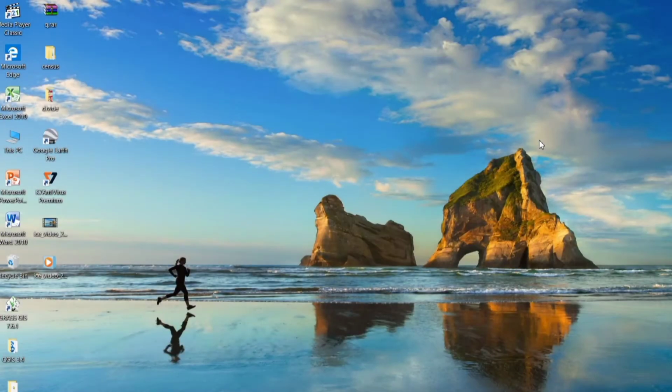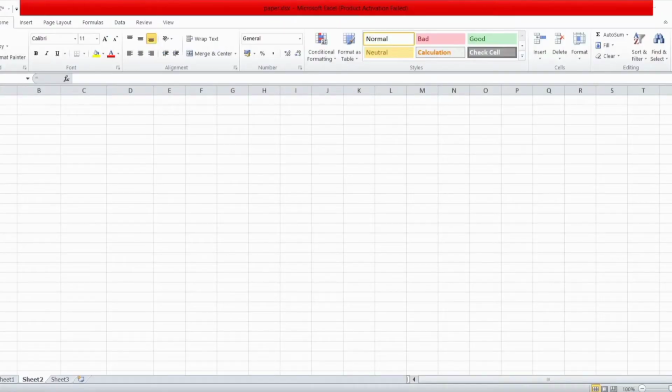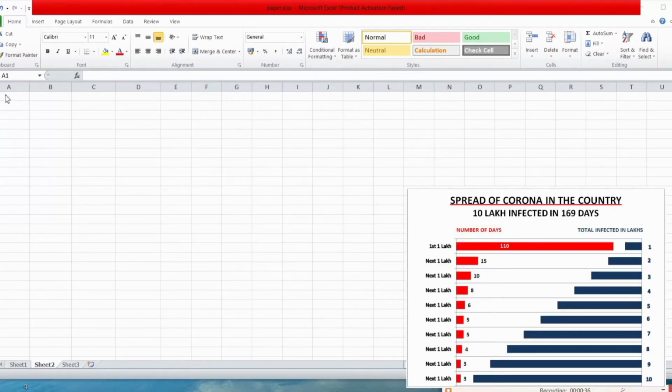So I am going to open Microsoft Excel. Now I will type the data. First 1 lakh.